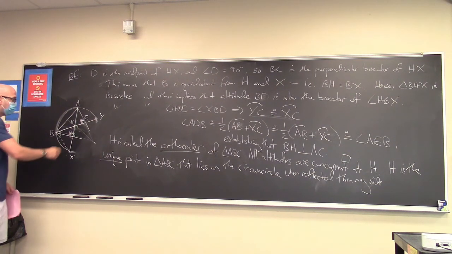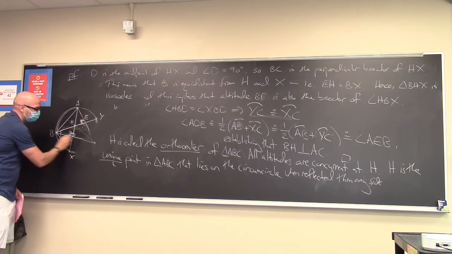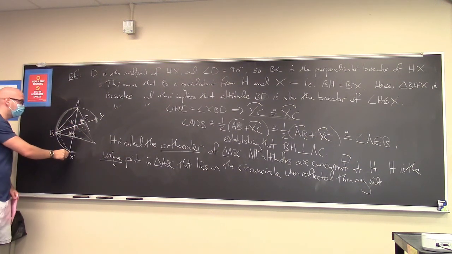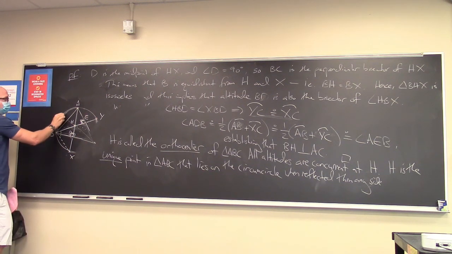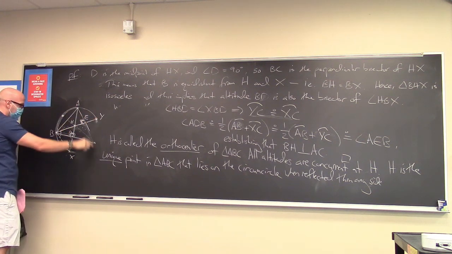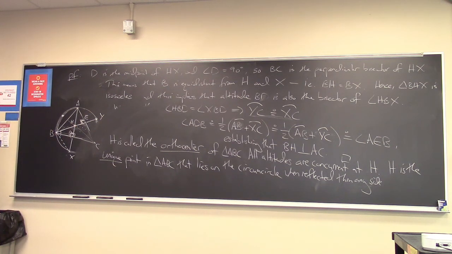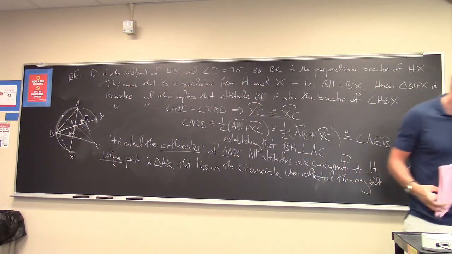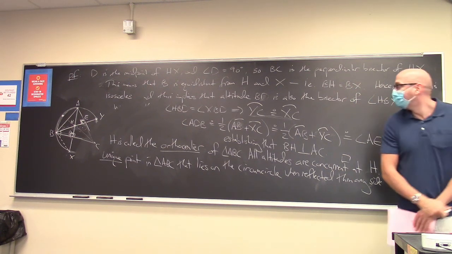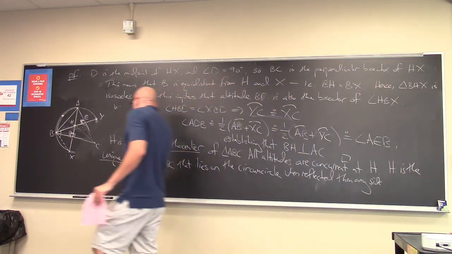And so what I mean by that is there's other points in this triangle that I can reflect through, say, this side here, that would live on the circumcircle. But it's the unique point that when you reflect it through any side at all, it lives on the circumcircle. So if you reflect it through side AC, it's the circumcircle there and the circumcircle here. And there's exactly one point in the triangle that does this. It's the orthocenter. We'll talk more about orthocenter soon enough. But with that,